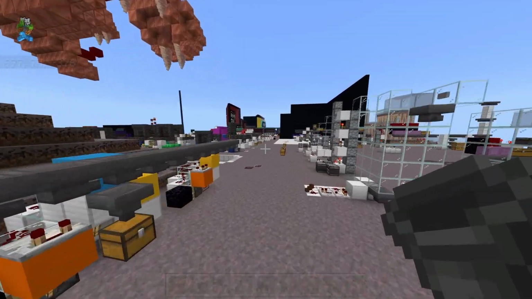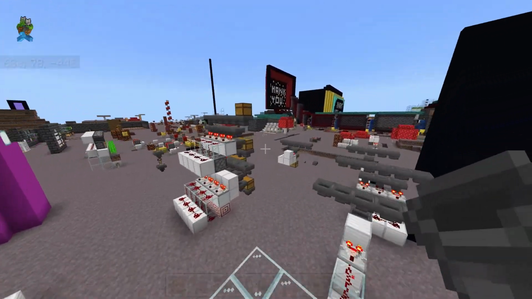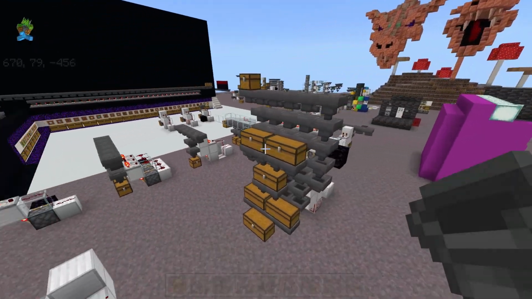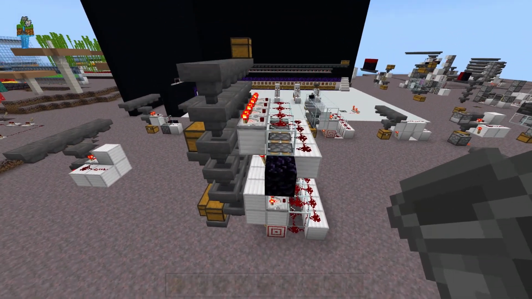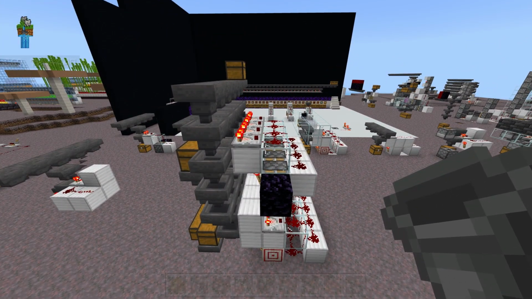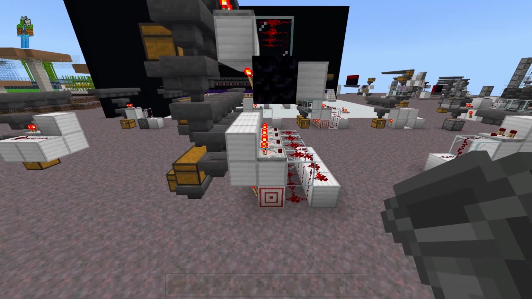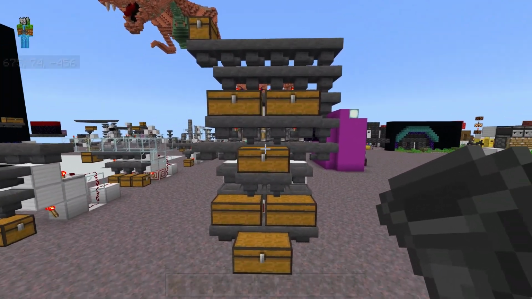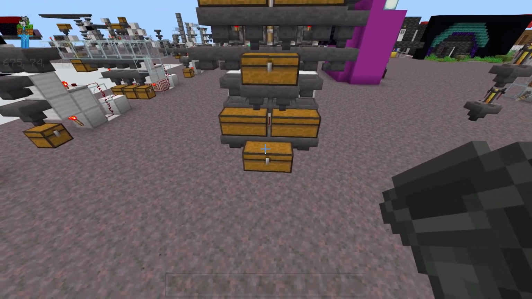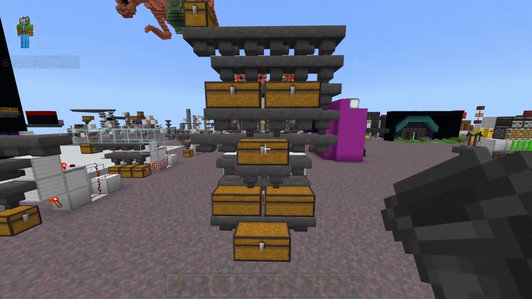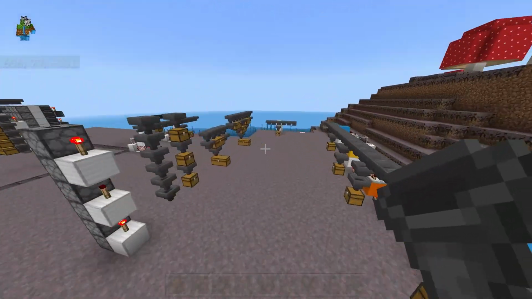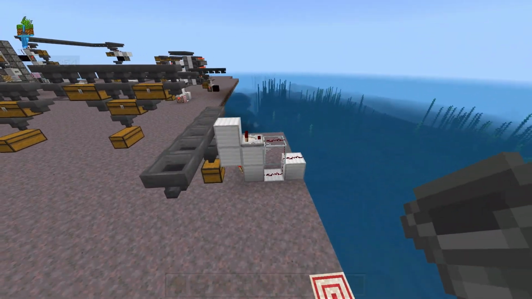Rather than using a multi-item sorter where you have to leave one item in every single slot, I'll build the standard item sorter, but I'll stack it on top of each other and then merge the cells together. So like here, we have 8 different item sorters that will all sort all of their items into a single chest. And so if you stack these standard item sorters on top of each other, it makes it really easy to sort similar items together. Like a lot of times I'll do all of the variations of cobblestone down into the same chest.